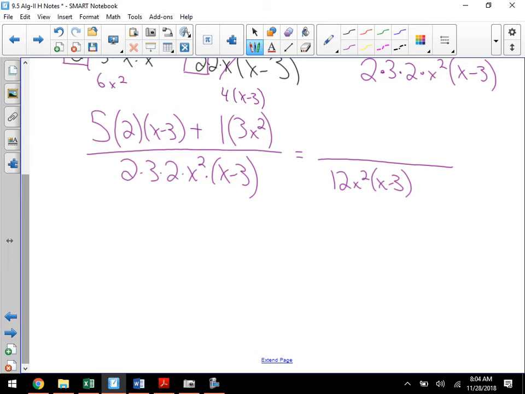Numerator, we get 10. And that becomes 10x minus 3. So I can rewrite that as 3x squared plus 10x